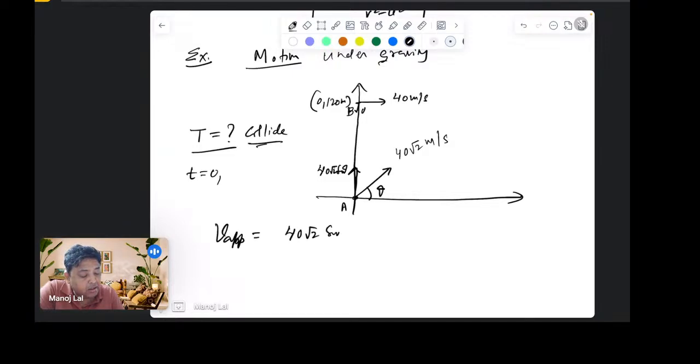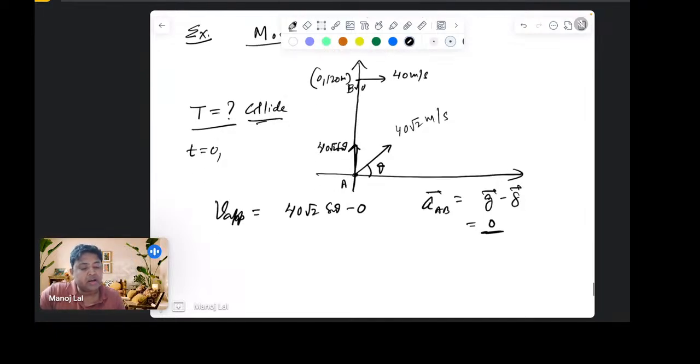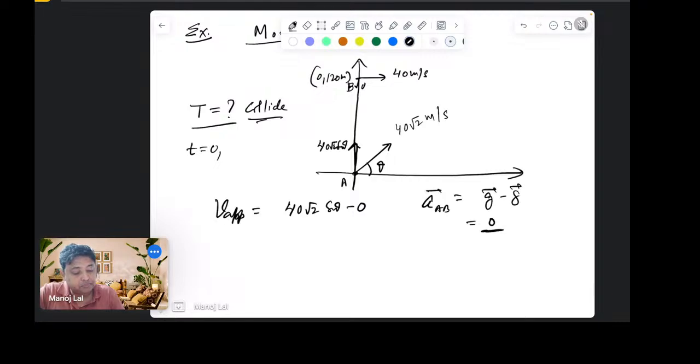40√2 sin θ minus 0, और इसकी वैल्यू क्या है, कांस्टेंट है फॉर गिवन θ, राइट। वेलोसिटी अप्रोच क्या होगी, कांस्टेंट हो जाएगी, क्योंकि एक्सीलरेशन ऑफ a विथ रिस्पेक्ट टू b की मैं बात करूं तो क्या हो जाएगा, g वेक्टर माइनस g वेक्टर, एंड दैट इज इक्वल टू 0। तो ये एकदम बिल्कुल ऐसा सवाल है जो वेलोसिटी अप्रोच क्या कांस्टेंट है। तो टक्कर होने के लिए क्या होना चाहिए कि वेलोसिटी ऑफ अप्रोच